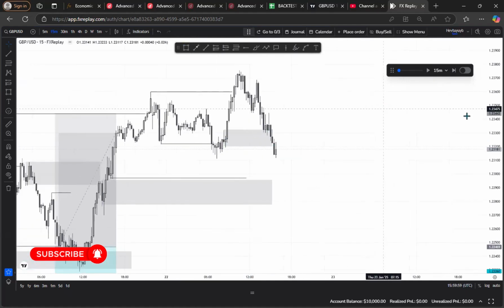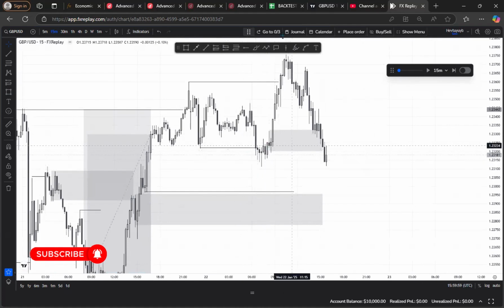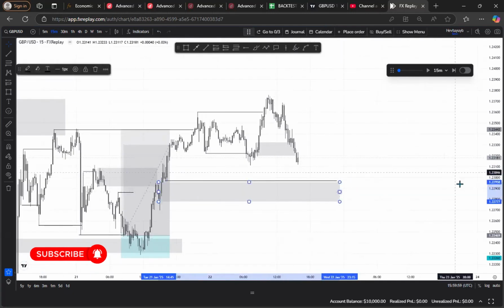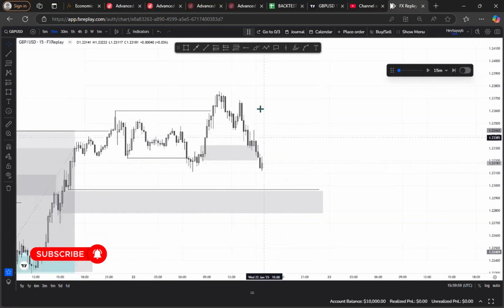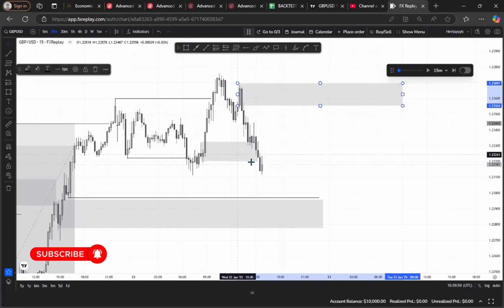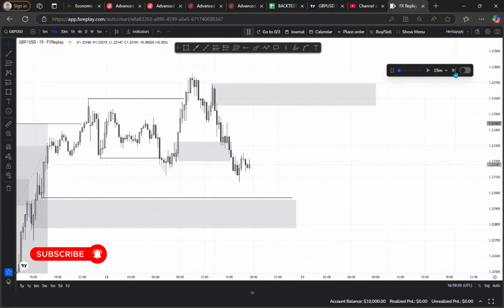Price did something like this. This low that was supposed to be protected was taken out. This area that was supposed to be protected, the swept liquidity, the broken structure, was taken out. So I had a POI here, and I was expecting price to come to somewhere around here and sell. The only area I can spot here is this area. Everything here has been mitigated. So let's see what happened.